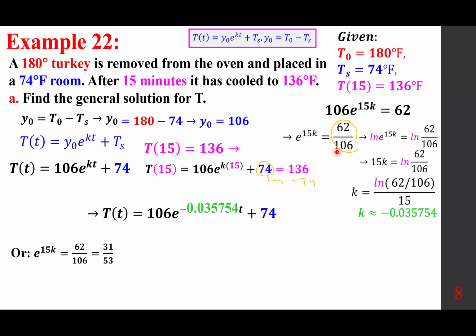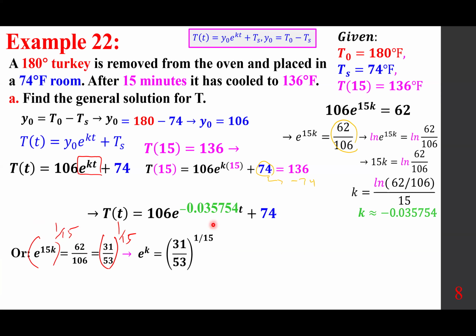And so if I raise this one to the power of 1 over 15 and this one to the power of 1 over 15, the left side becomes e to the power of k. So 31 over 53 to the power of 1 over 15. And since this is kt,